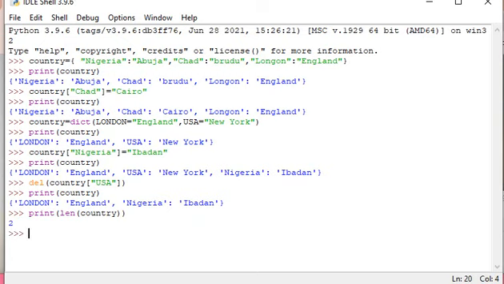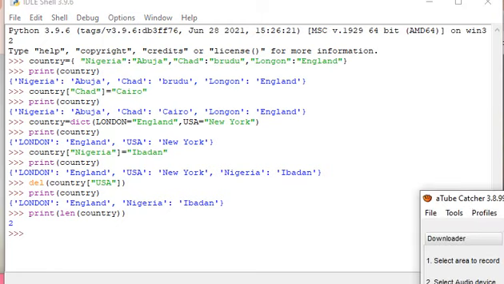So we have only 2 items left in the dictionary. So that's a simple way to create a dictionary, to add an item to a dictionary, to remove, to delete. So I stated 2 ways of creating a dictionary. If you want to use